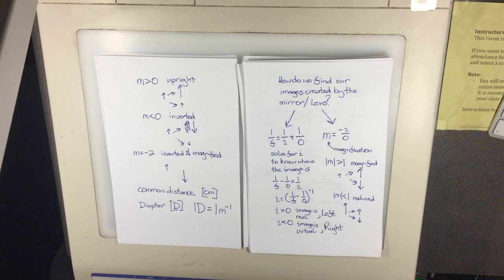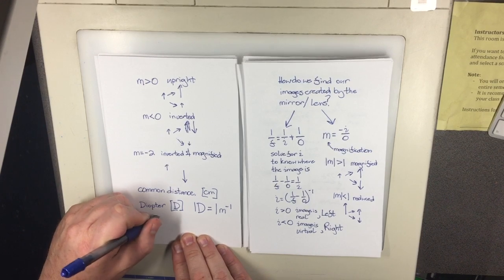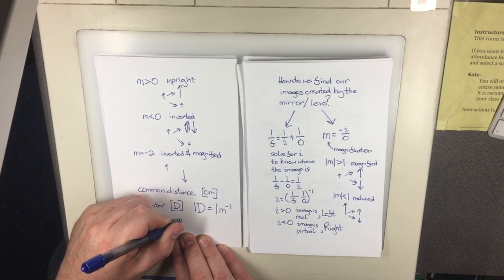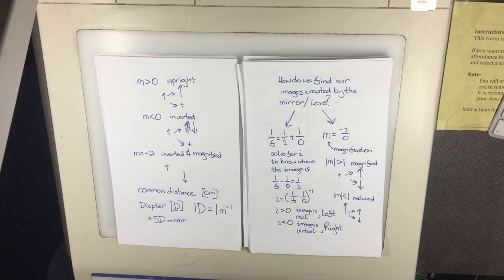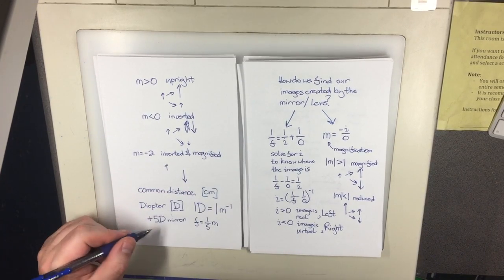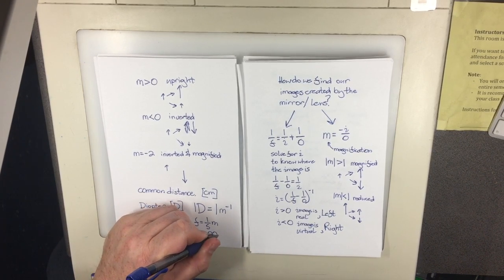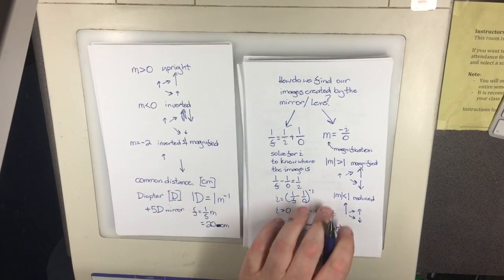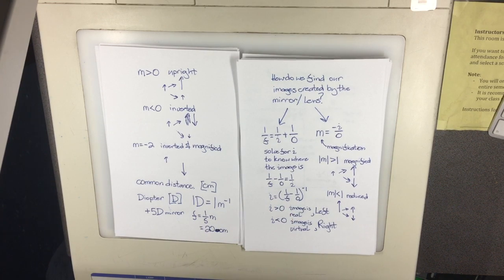for its focal length. So if you had a +5 diopter mirror, its focal length is positive. There's a big positive symbol out front. So you're dealing with a concave mirror. Its focal length is 1/5 of a meter. You just invert that 5. And then you convert it, not to meters, to centimeters. And so a diopter is an inverse meter, and you can get the focal length of all sorts of objects from that. When you go to an optometrist and they write a prescription, and you see the +2.25 and +2.5, that lets you know that you're dealing with a certain lens with a certain focal length, and those 2.25 and 2.5s are all in diopters. That's the unit that